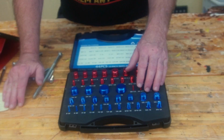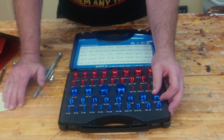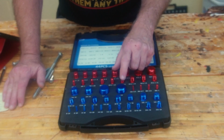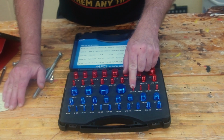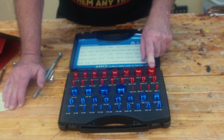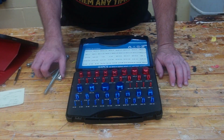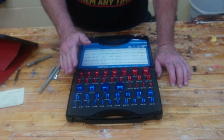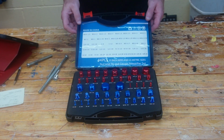So this has Imperial and metric units. Imperial goes from 6-32 up to 1-12, and the metric goes from 3 millimeters 0.5 thread pitch up to 24 millimeters 3 thread pitch. There's a lot of them available. I picked this particular one because they were color coded, so it would be easier to know which one to grab. And right there on the lid it tells you